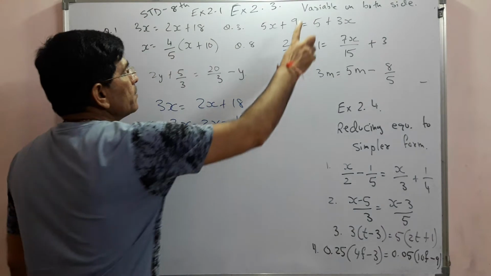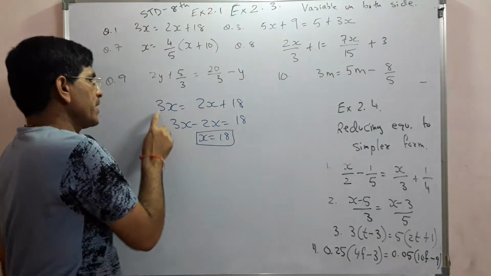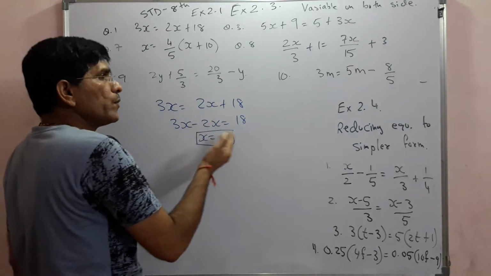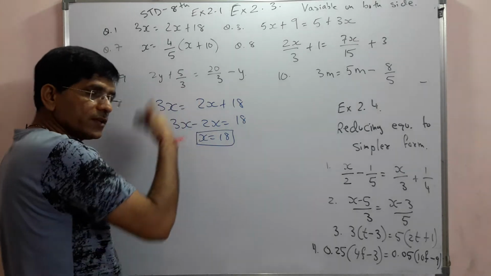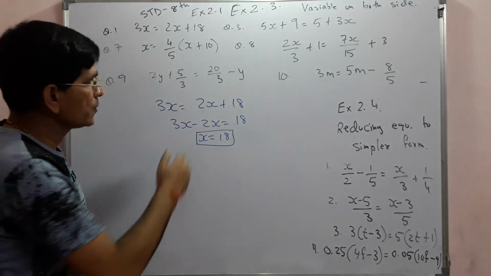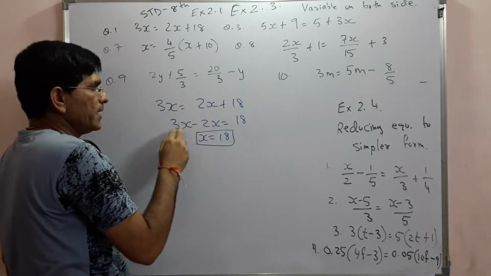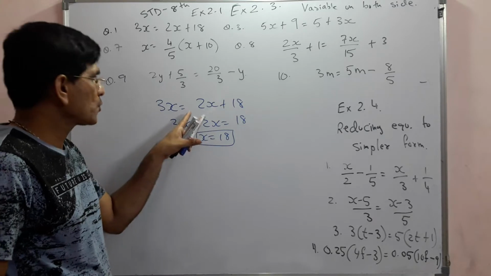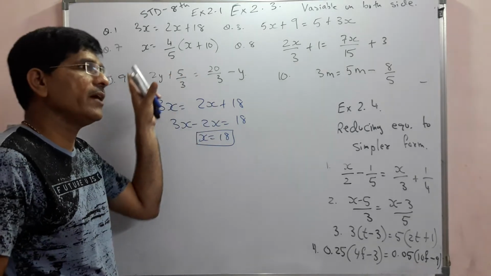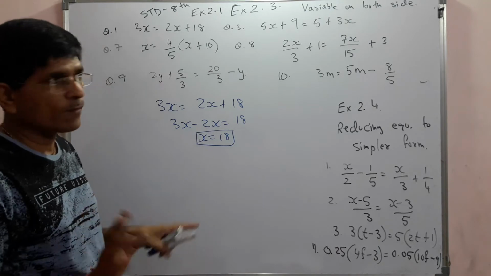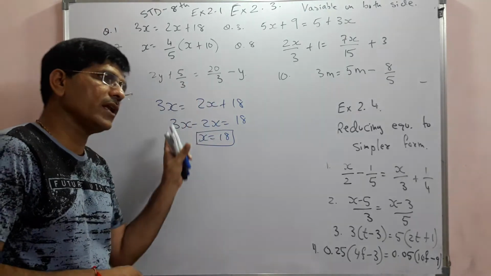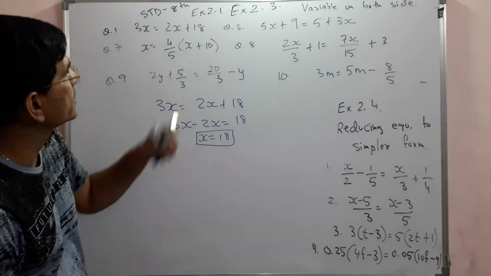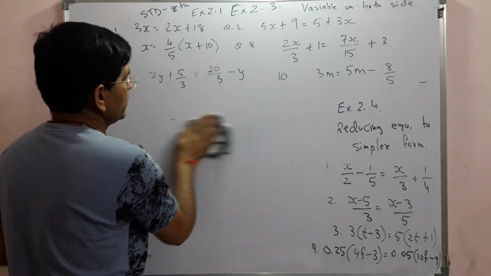Again, the topic is variables on both sides. Left hand side has a variable and right hand side also has a variable. So what is our target first? We have to shift variables to the left hand side. So if we shift 2x from right to left, it becomes 2x minus 3x minus 2. Why do we have to change the sign? Because the equal sign is here. When we shift a term from left to right or right to left, we have to change the sign. So 3x minus 2x, so x is equal to 15. That is an easy sum. That was sum number 1.